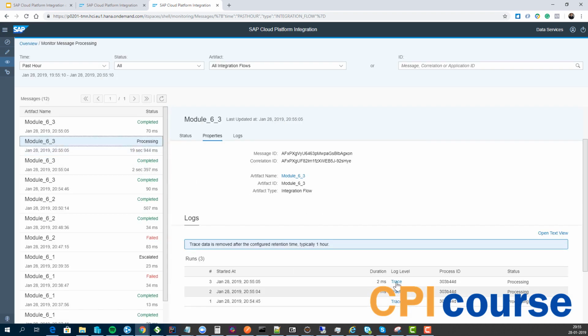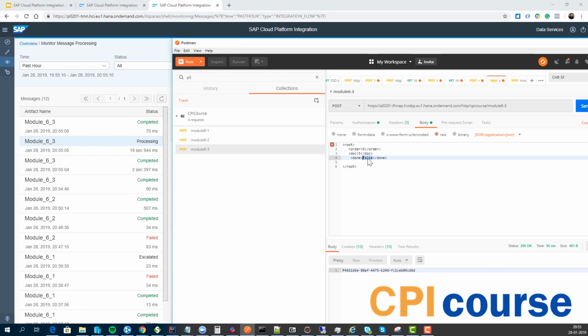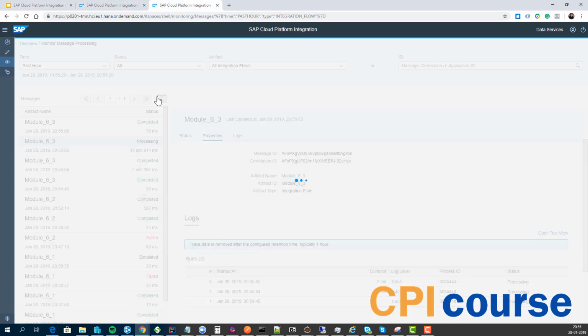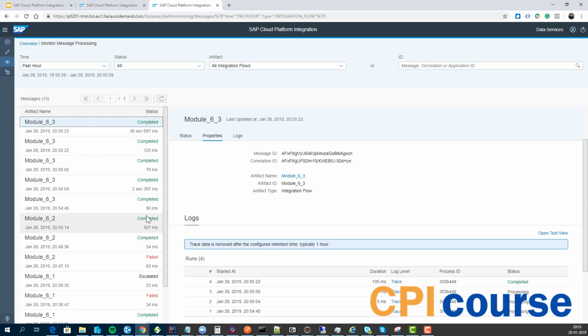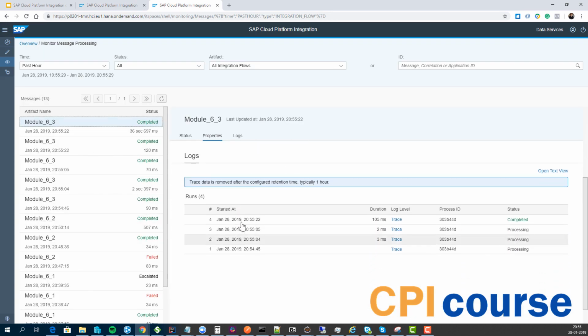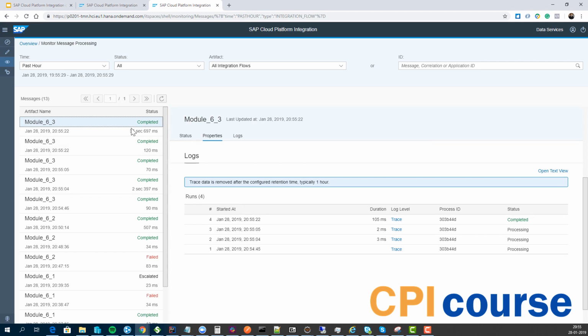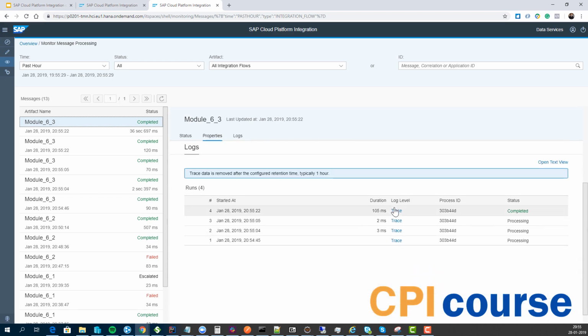We can check out each of the different payloads here, and if we try to set this as true, I guess this one, done equals true, then we can see it has been processed. I'm not sure we'll see it here, but we can then see our full payload. We can see all the messages that have been combined, and if we look at the trace level on this one,